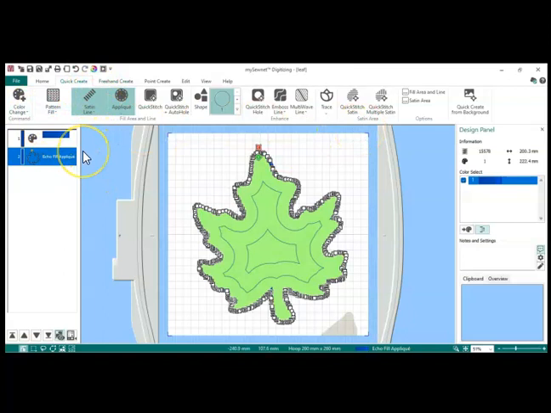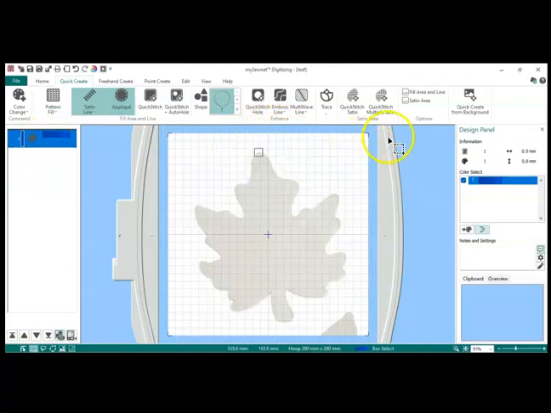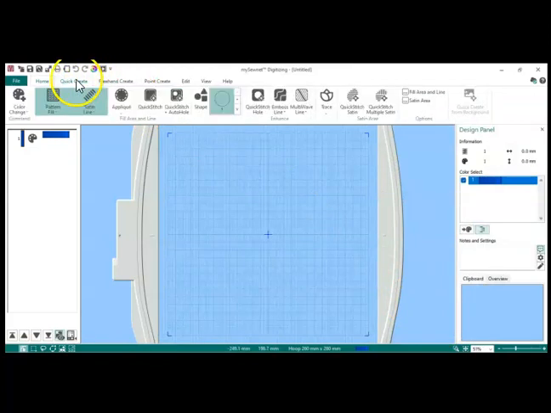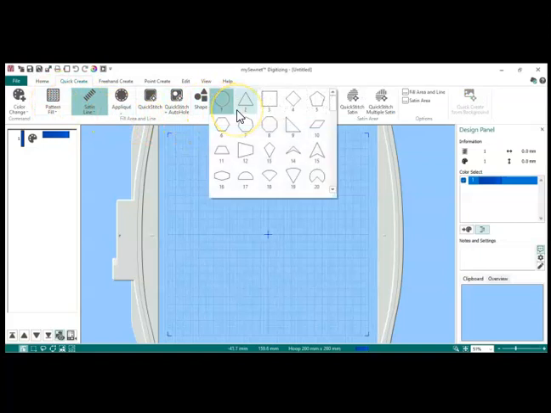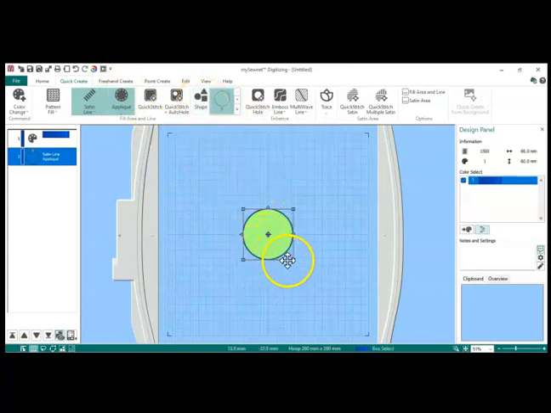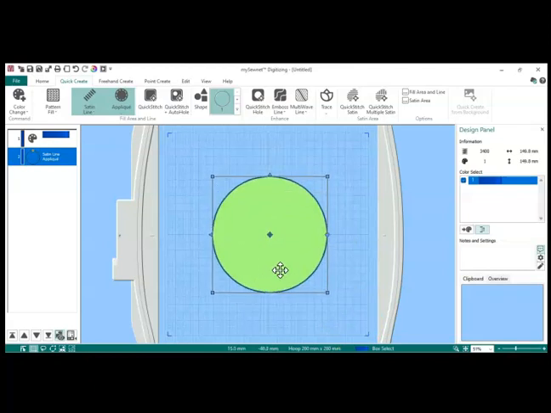Now, the other way to do this is if you just wanted to do, let me back out here and do a new window. I'm just going to hit cancel here. If you wanted to go to Quick Create and just do shapes, say you wanted to do a circle quilt, turn on your applique, hit your shape maker. I'm probably in the 260 by 260 hoop because that's the hoop I've been using. There's your